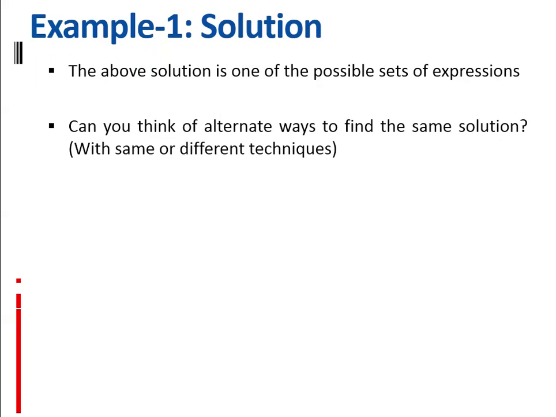So the above solution is one of the possible sets of expressions, because we have several options. Among several options, we have taken this type of orientation, and you have found certain theta 1, theta 2, theta 3. Let's say rather than taking the last column, you take the first column to equate, then also you can get an answer, but that answer will be different from this answer. So you have multiple solutions, and this is only because you have trigonometric functions, transcendental functions, that include non-linearity, and a non-linear system does not have a single solution, it has multiple solutions. So multiple solutions can be obtained by considering different elements.